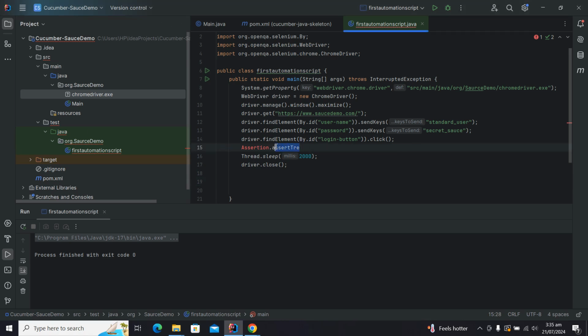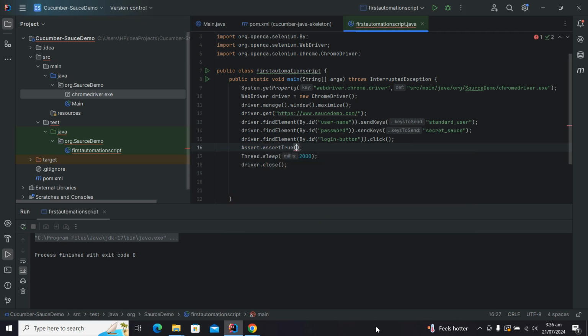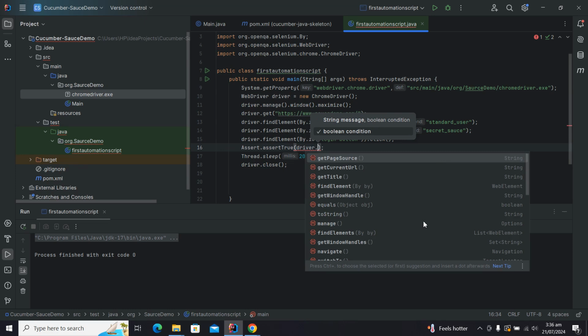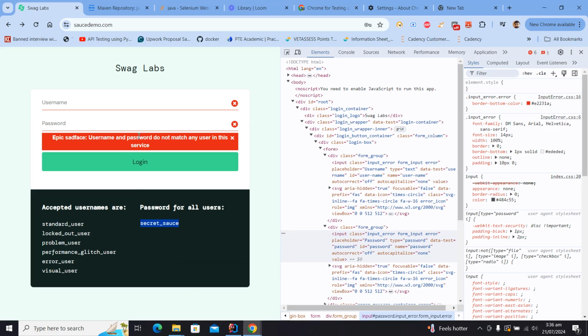So it's going to be assert true, and it's going to be a boolean condition. So driver dot get page source. We can work with a different title. Let's say I just go right in here